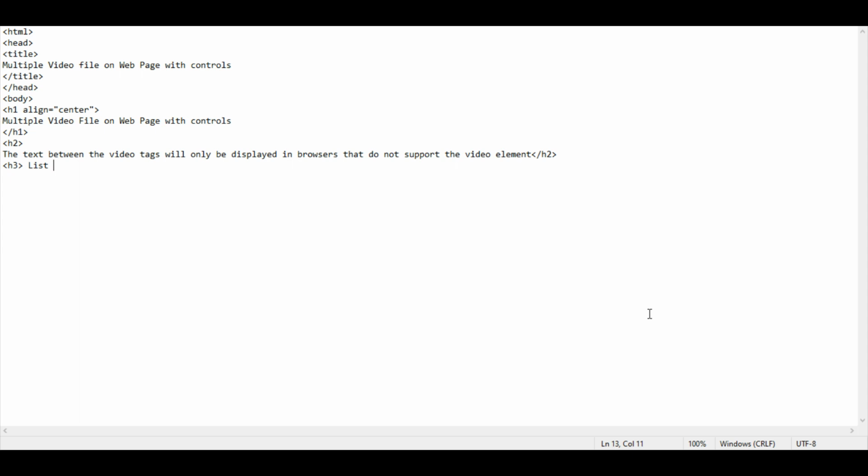So list of video file formats. Just close our h3 tag. Just fill in the space here. Not that it makes much of a difference, but it would be better to understand.